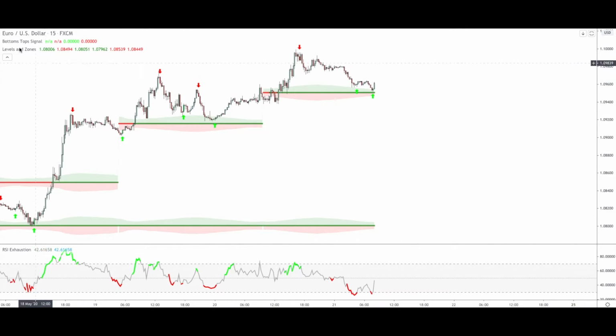So today I'm looking at the Euro US dollar on the 15 minutes time frame, and I'm using three indicators: the bottom stop signal, the RSI Exhaustion down here, and the levels and zones here as well. The levels and zones is the one that is making these horizontal support and resistance lines, and it's going to be used as an extra confirmation in this case, while we will build the setup with the bottom stop signal and